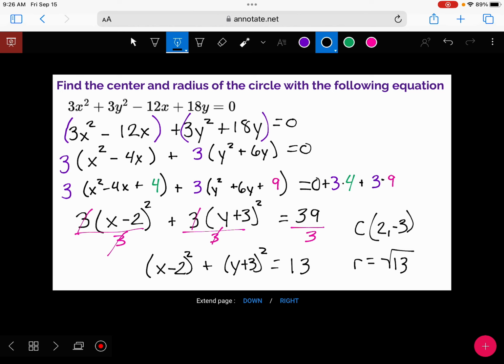I still don't understand how you add those numbers, like you added 4 and 9. We wanted them to look like this. I need them to look like this in order to be able to find the center of the circle. So we took this and I'm like, what piece do we need to make it be a perfect square? So if I add 4 inside, I can factor it down to be this. This was a factoring step in between. I needed to know what needed to be added in to make it factor down to a perfect square. So are we always going to use equations that look like that?